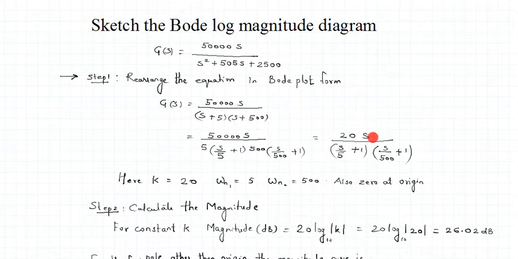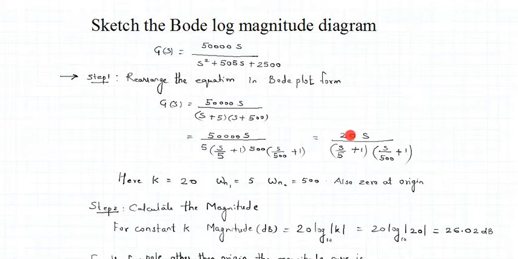So now we have a transfer function. The given transfer function was this, and we have done a rearrangement of this transfer function and obtained a transfer function which is 20s by (s by 5 plus 1) into (s by 500 plus 1). So here we have this as omega n1. We'll call this to be omega n2. We have two terms now in the denominator. Okay. So let us identify all the terms which are now present in the transfer function.